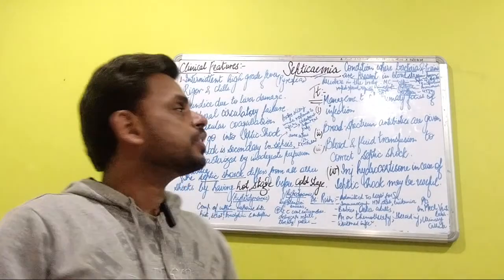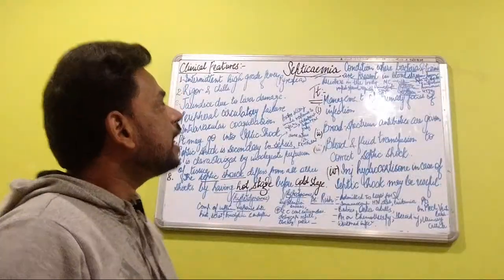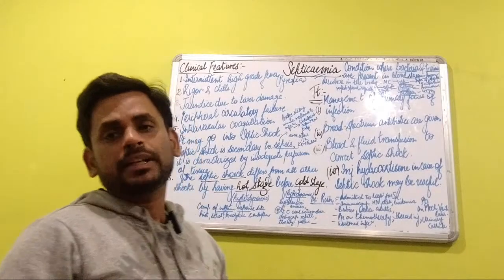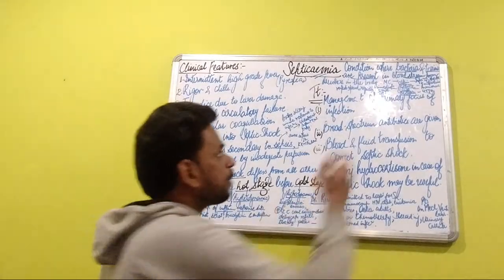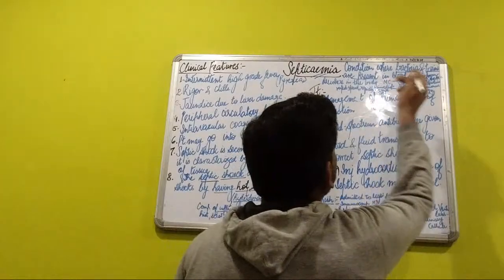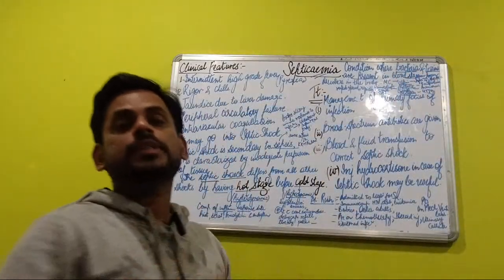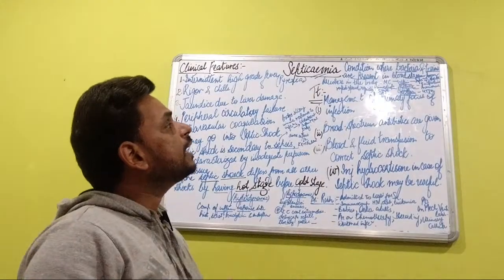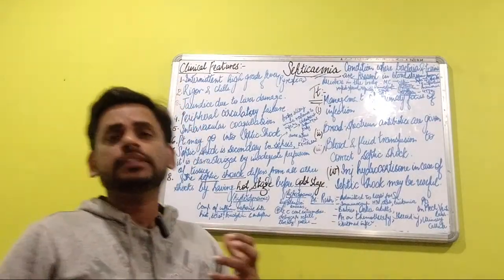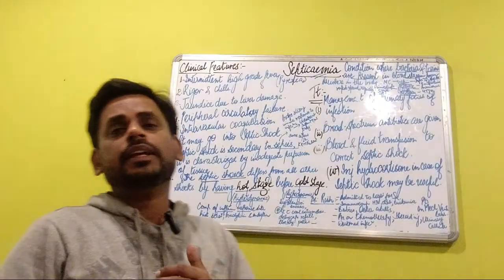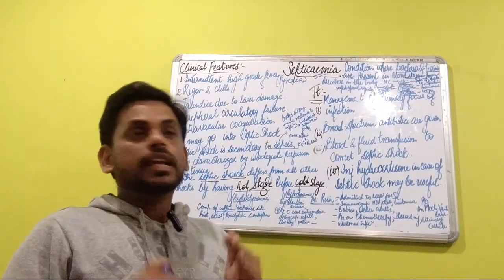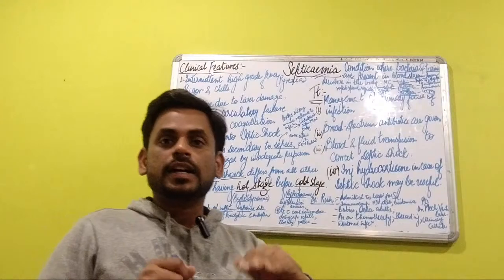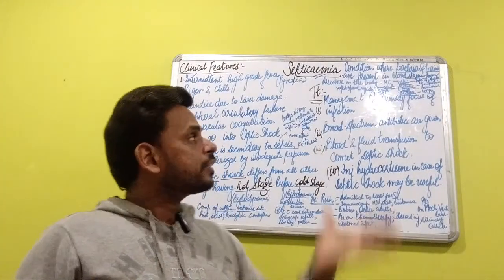Such a situation is called septicemia, and it is a very rapidly spreading condition, and the bacteria continuously multiply. So there are certain conditions where, if it is the region of the skin, so actually these four